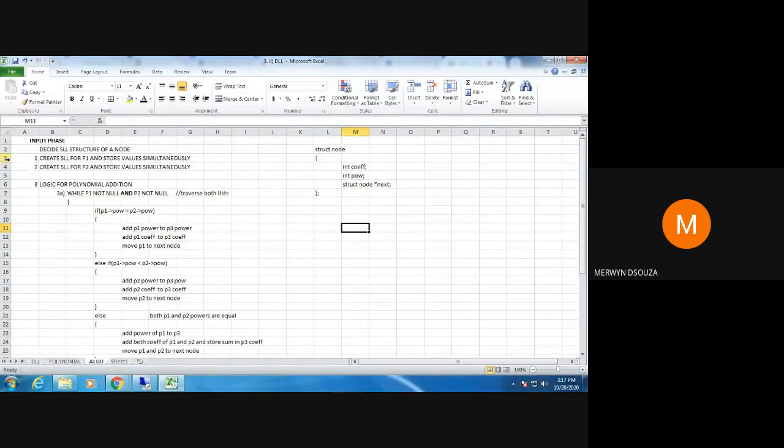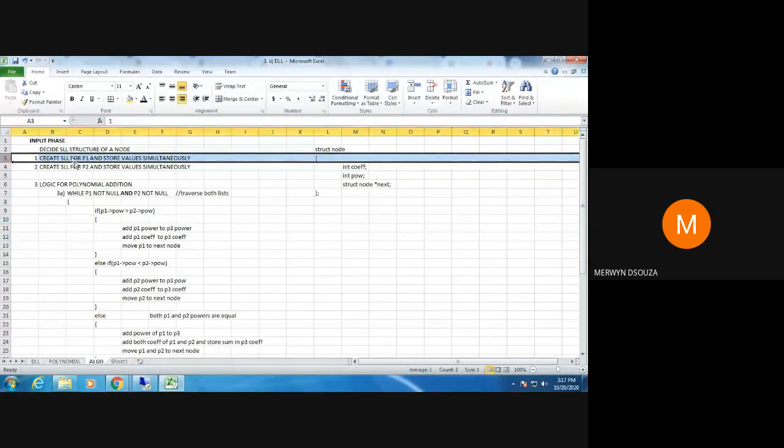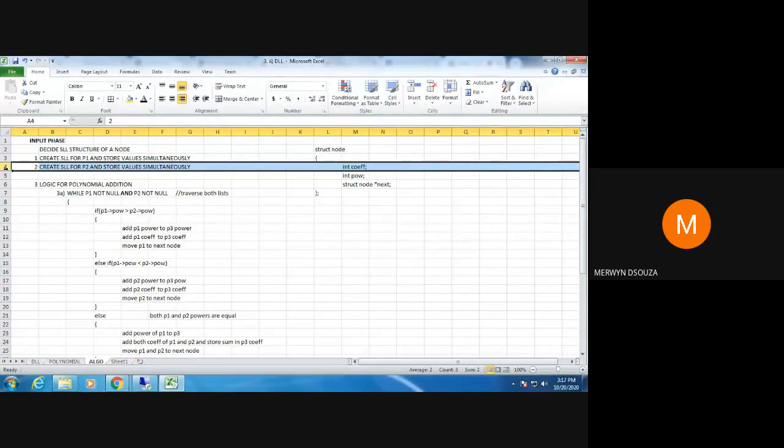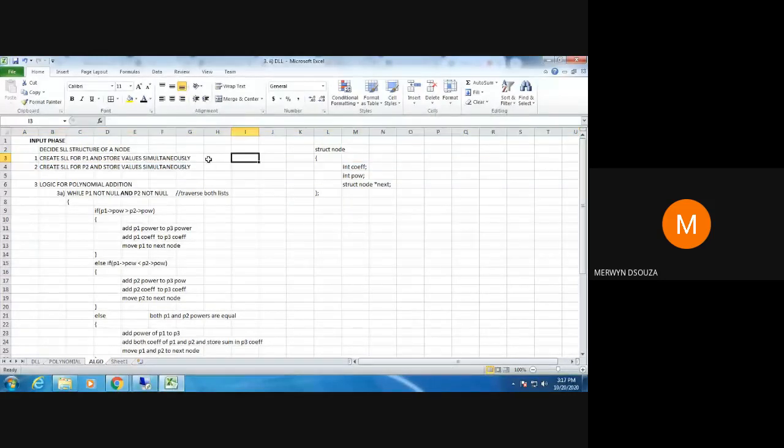In your second step, you're going to create a single linked list for the first polynomial and store the values. Then you create a single linked list for the second polynomial and store the values. How to create a single linked list we have already discussed so many times, so that should not be a problem for you all. We have seen an entire program also.